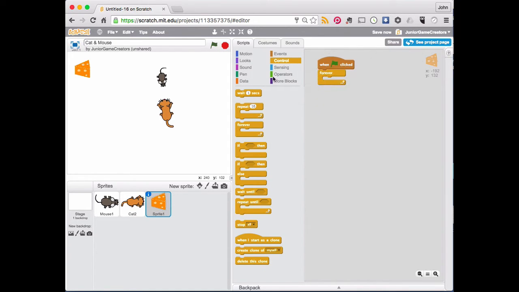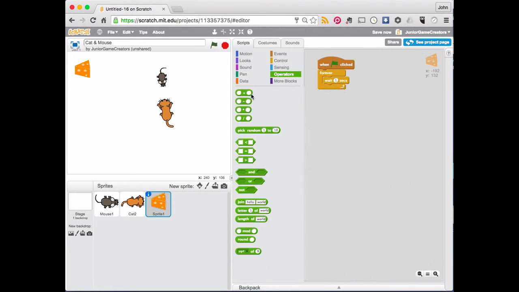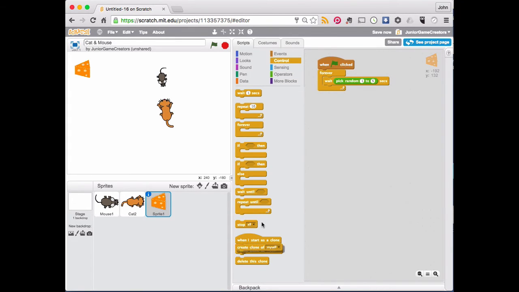We're going to have, when the green flag is clicked, a forever loop again. Very important, that forever loop. And then we're going to wait an amount of time. And I'm using from the operators code block a pick random. So a random number, and in this case, you can see it's a little bit tricky to get that to slide into the slot, but as it's highlighted you can then drop it. If you do it in the middle, it's not quite there, so it's always just at the beginning of that block. You drop him into the circle, and I've done pick random 1 to 5 seconds, and then